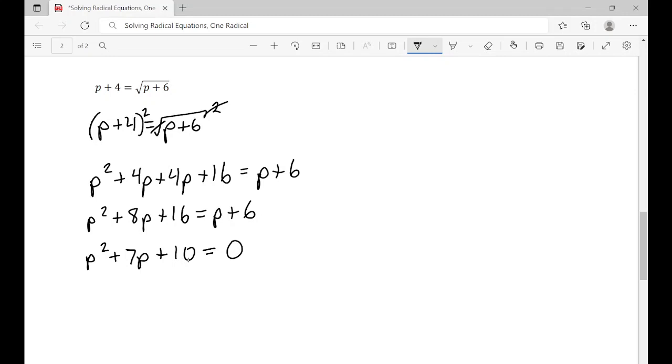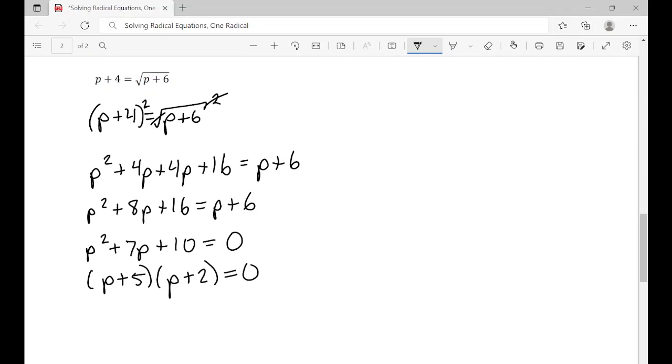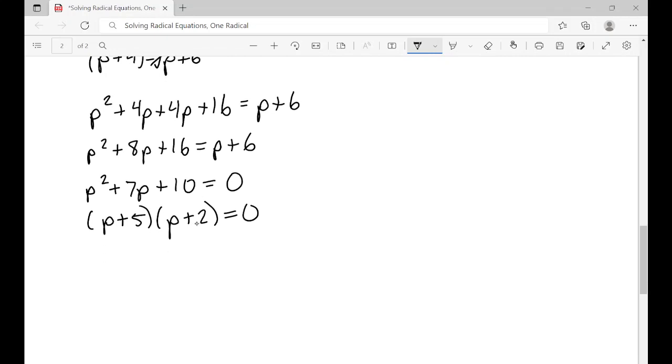And if I factor this quadratic, I'm going to get p plus 5 and p plus 2 equals 0. Now I'm going to set both of these individually equal to 0. So p plus 5 equals 0, p plus 2 equals 0. So p equals -5 and p equals -2. So again,